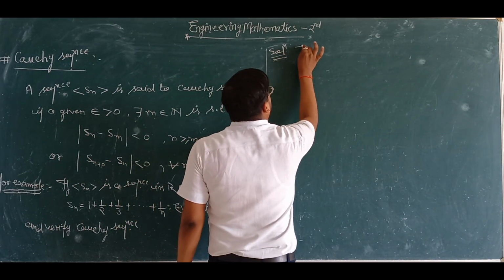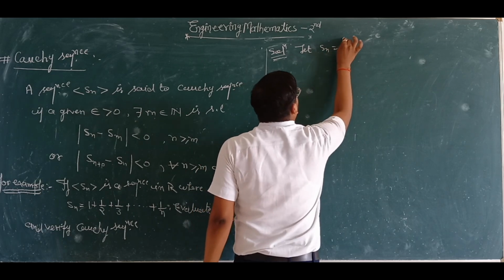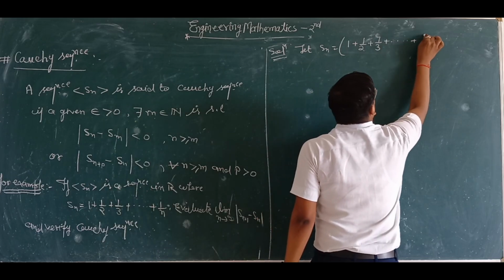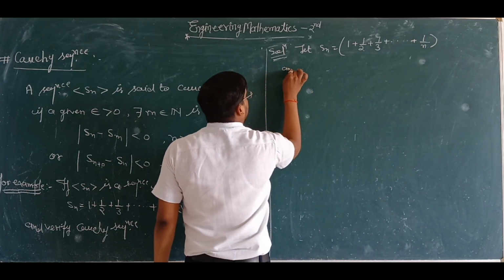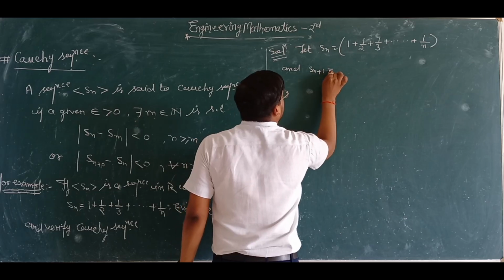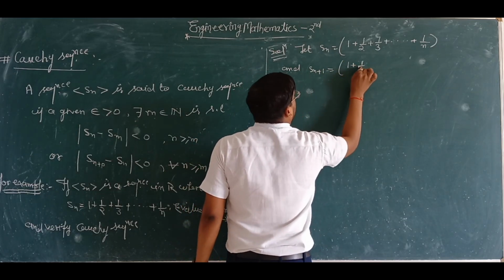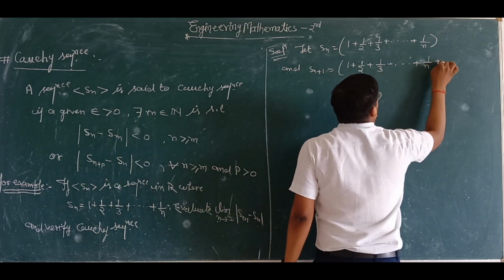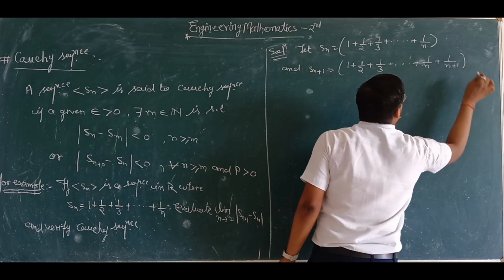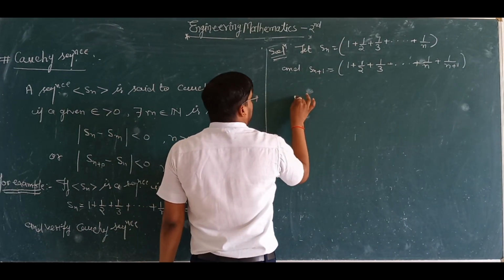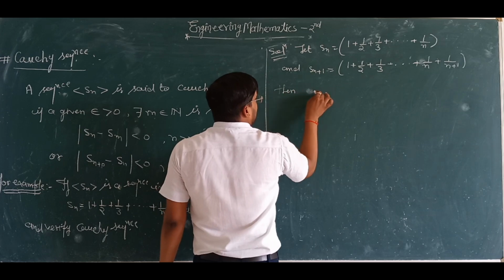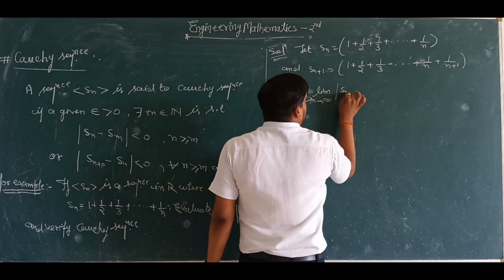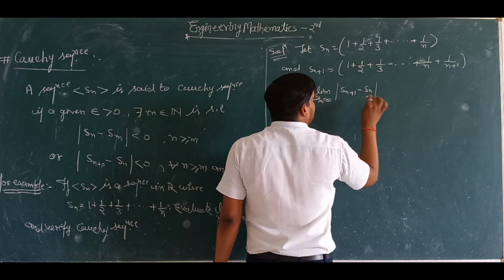Let Sn be equal to 1 plus 1 upon 2 plus 1 upon 3 plus up to 1 upon n, and Sn plus 1 is equal to 1 plus 1 upon 2 plus 1 upon 3 plus up to 1 upon n plus 1 upon n plus 1. Now to find the limit as n tends to infinity of Sn plus 1 minus Sn, which is equal to